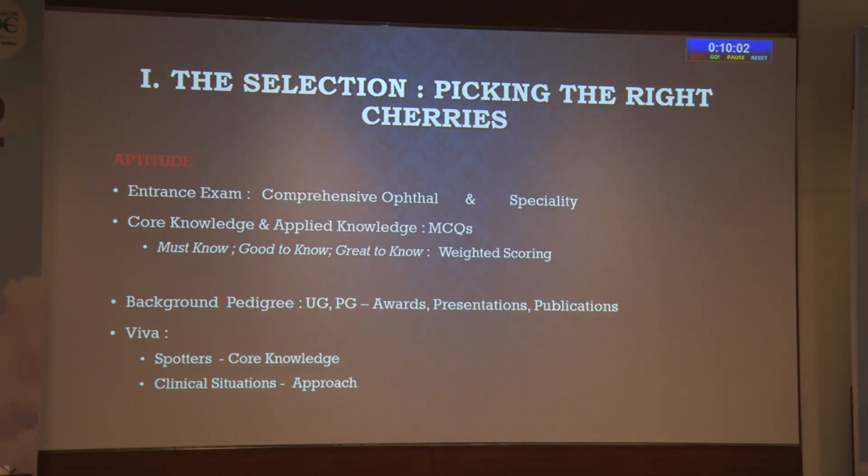Then also it's important to look at the background pedigree, where they've done the undergraduation, where they've done the post-graduation from, because it takes a lot of hard work to get into a really reputed institution to do that. And undergraduation, 5 years of MBBS is a tough course. So you cannot fool that. So, somebody who's come through that and has done well in his undergraduation, you're looking at good material. Then also the awards, presentations, publications that they've managed to do in their undergraduation, post-graduation,